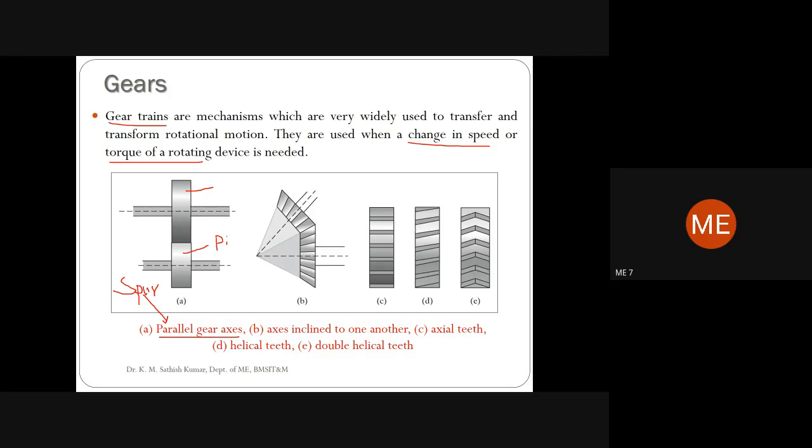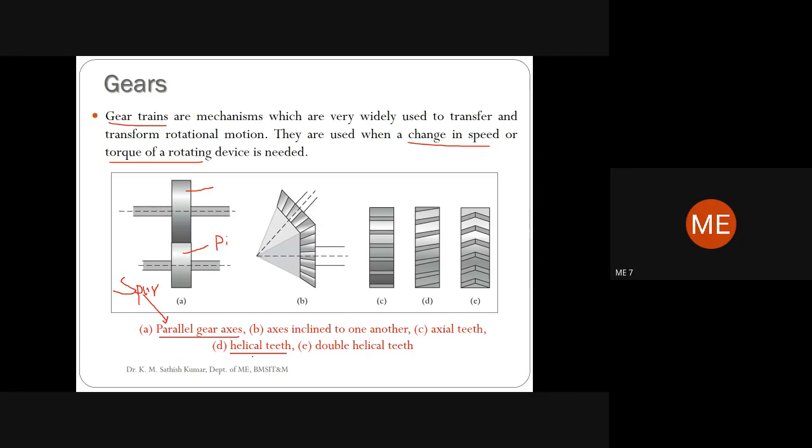Now in this case, the teeth are cut at a certain inclination. That is called helical teeth, and those are the helical gears. In this case, there is a continuous amount of contact right from the first point of engagement, the first meeting point, to the exit of the teeth. So continuously the power transmission occurs. That is the case of helical teeth.